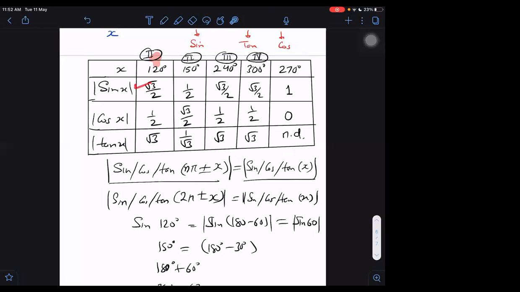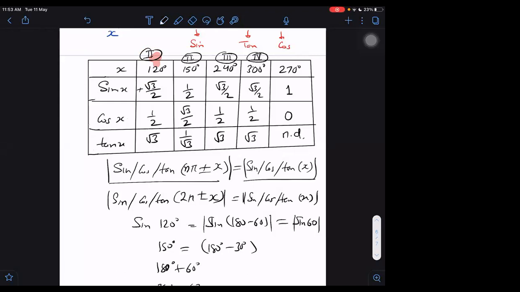Come to the answer. Sin x value will be positive in the second quadrant or not? Yes, sir, it is positive. Sin x and cosecant x will be positive. I am removing the mod and I want to find everything with proper sign. So you are right, it will be plus only.